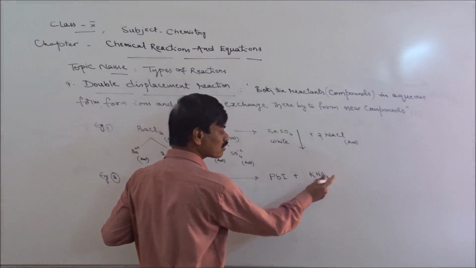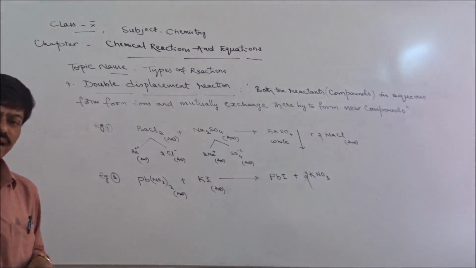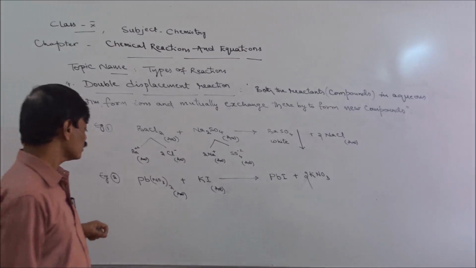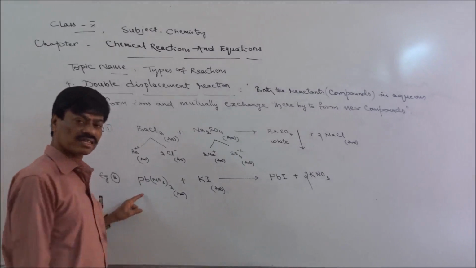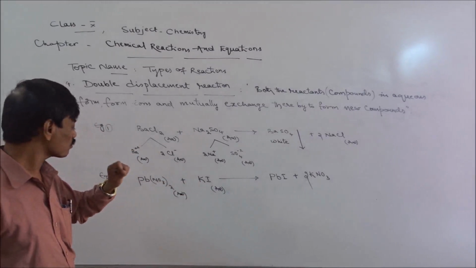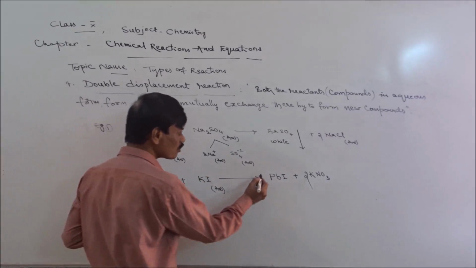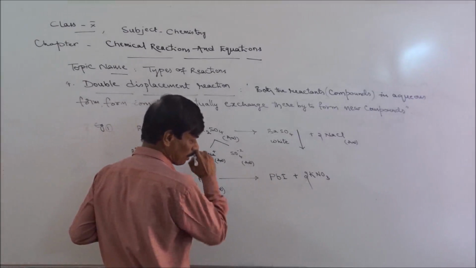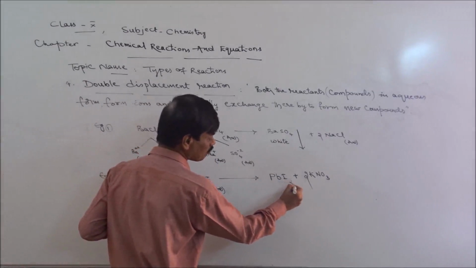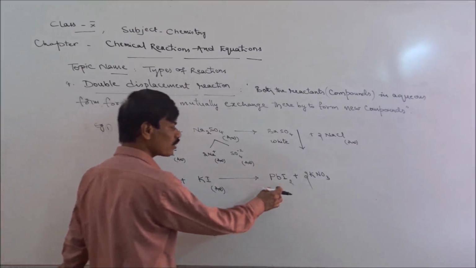So to balance it, we will multiply the entire KNO3, potassium nitrate, by 2. And lead's oxidation number or valence is 2 and that of iodide is 1. So to equalize that, we will multiply this. We'll write PbI2. So this is lead iodide